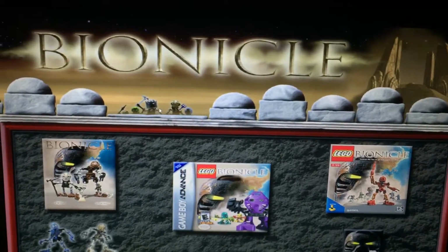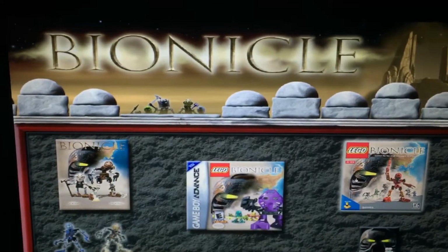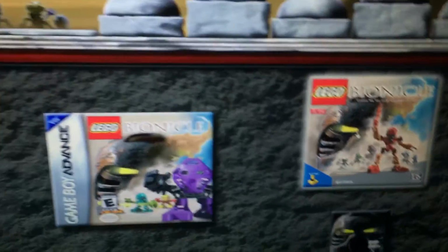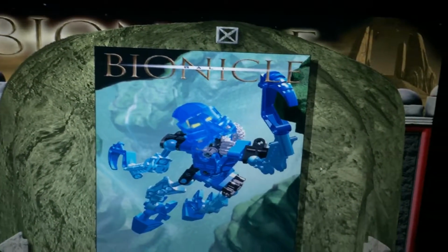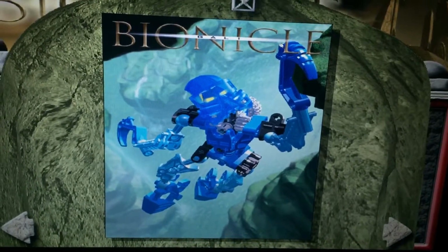Here, only five or six Turaga are shown. See, this is the game I was talking about, right? This is the game that never got its own release. I do not know why. But any of these categories, if you click one of them, it just shows you the pictures of the